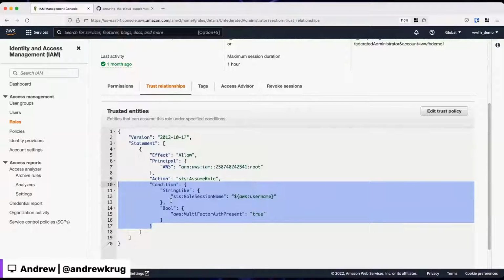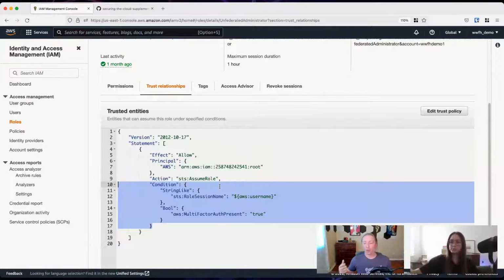When the user assumes this role, which, if you've never heard of a role in AWS before, is like putting on a hat of some kind that gives you superpowers to do a specific set of actions, and those can be as broad or as limited as you would like, they have to provide two things: proof that they signed in with a second factor, and that comes in the form of a signed session call. So the actual request to assume the role has a signature and attributes for the session context that says, hey, this person authenticated with a second factor.